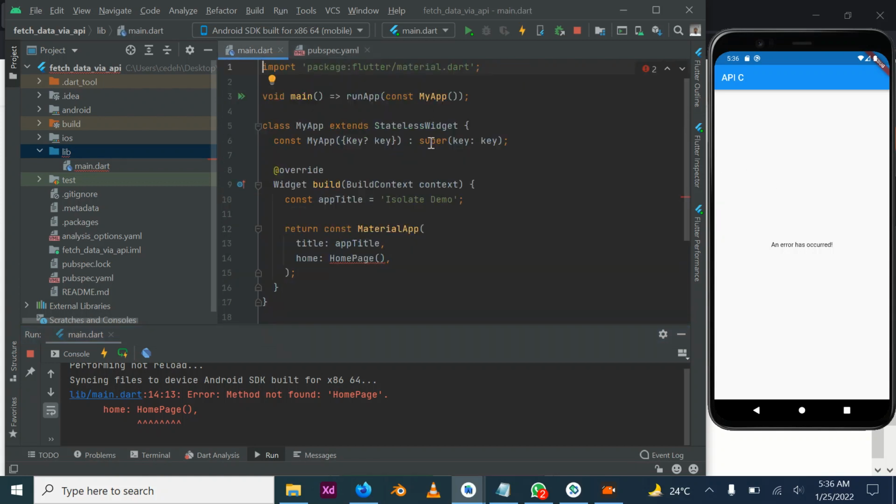And this is the project. I've cleaned up my main.dart file. I've cleaned up most of the things. I'm only left with the void main, as well as my app class, the home page. I've cleaned it up. So for this tutorial, we'll be taking a leaf